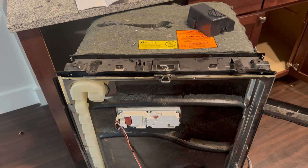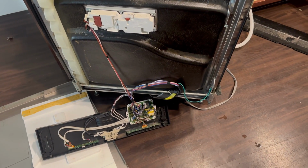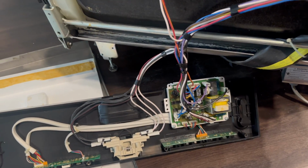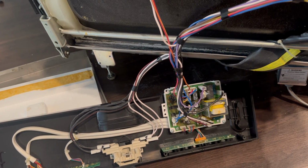Working on a dishwasher. It'll fill with water and then it won't do anything. When I go into a service diagnostic mode, I can forward it to the pump to where to start the main pump, and when I test the voltage at the pump,